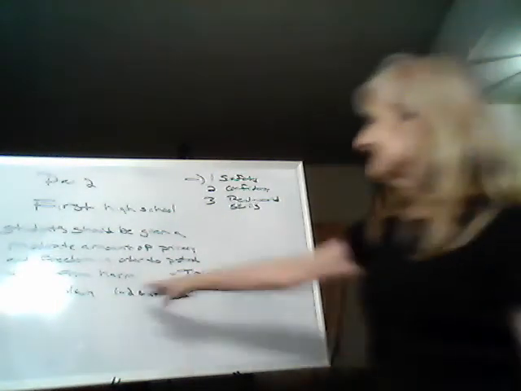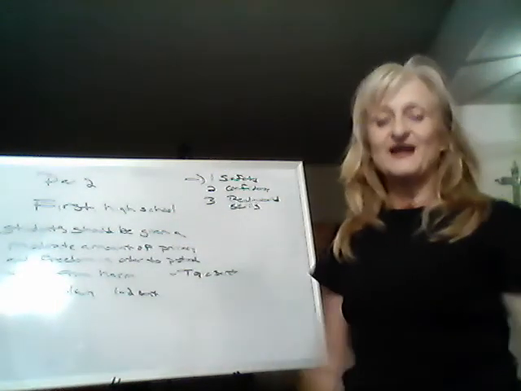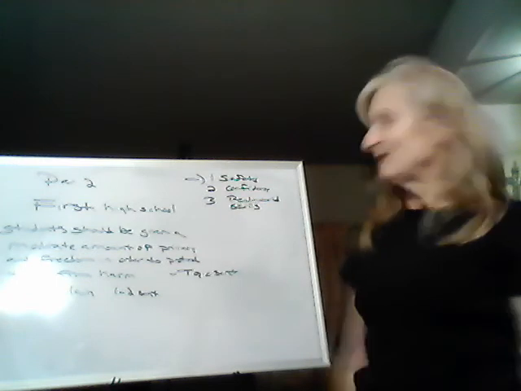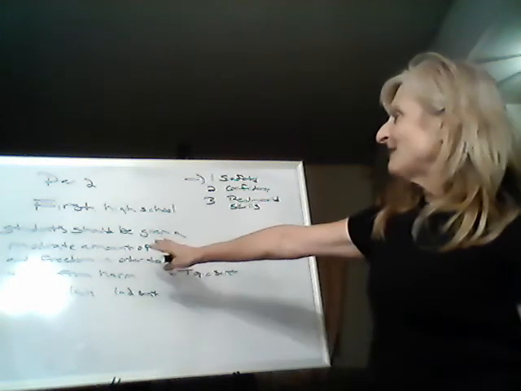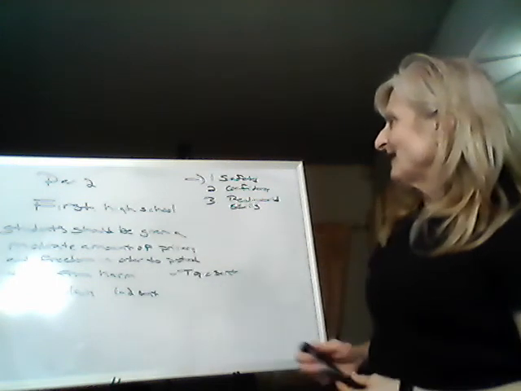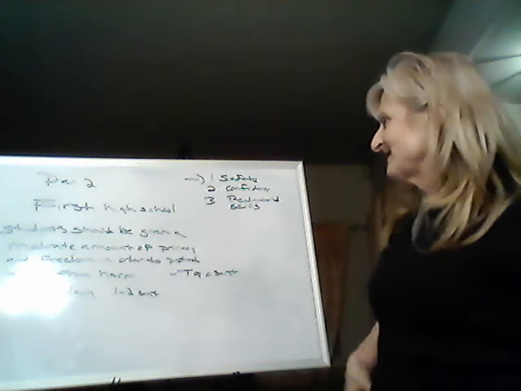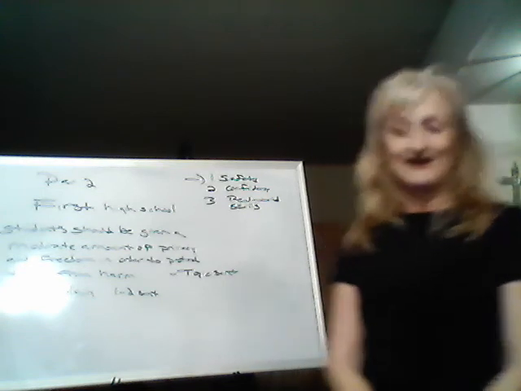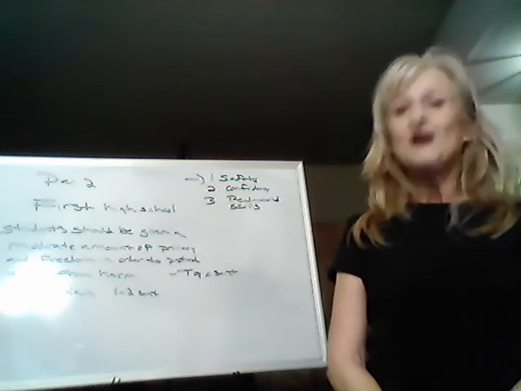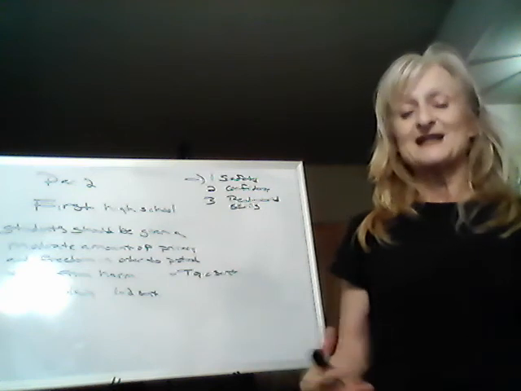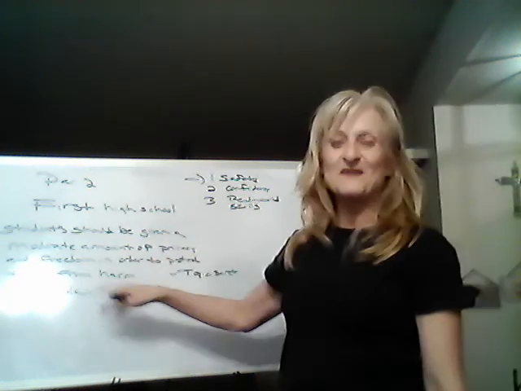And then you want to explain that. So I'm going to put explain, and then that's going to be in about 1 to 2 sentences. It could be even 3, but you want to explain this. Why, right? That's where you explain why, the how, why, whatever form it takes. But in this case, I would say it'd be why. Why should they be given a moderate amount of privacy and freedom in order to protect them from harm? Because you might want to, if it were me writing this, right, I might want to say that